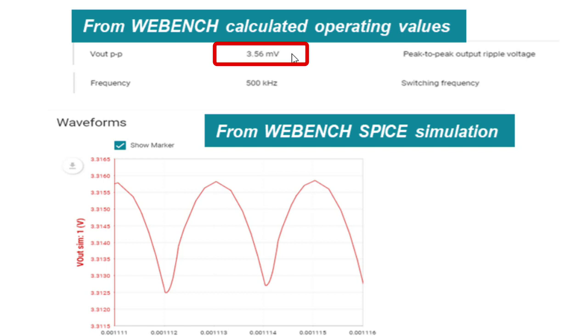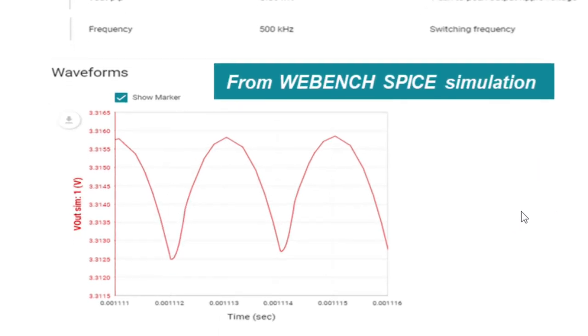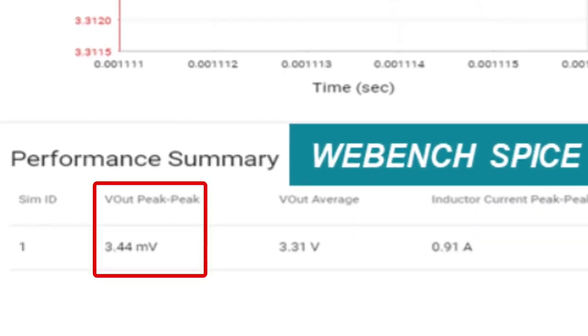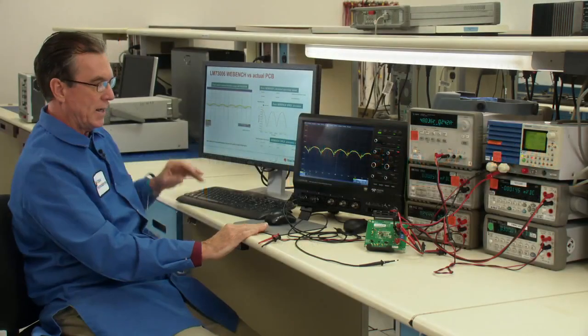That's using the WebBench calculator. The WebBench SPICE simulator came up with 3.4. Again, 2 different engines, a little bit of difference in results, but fairly close. And as I said, when you're measuring noise at these low levels, you can expect it to show a little more than it really is in reality.